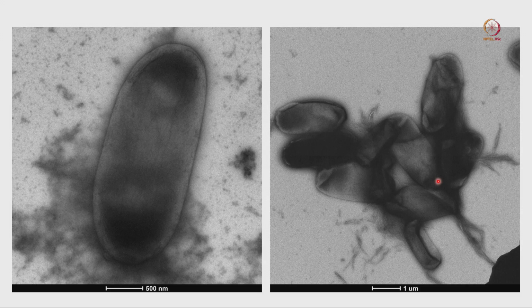So if we want to monitor, starting from a very low concentration of that inhibitor to a very high concentration of the inhibitor, we can gradually increase, and each individual sample we can image separately, and that will give us a lot of information about how this peptide is interacting with the membrane and how it is damaging the bacterial membrane.